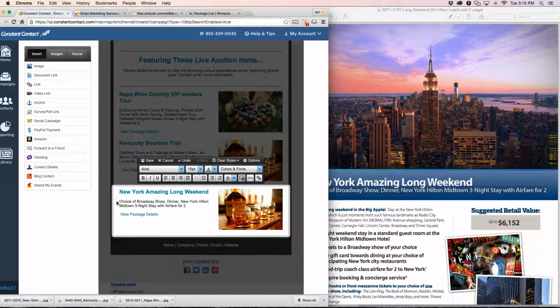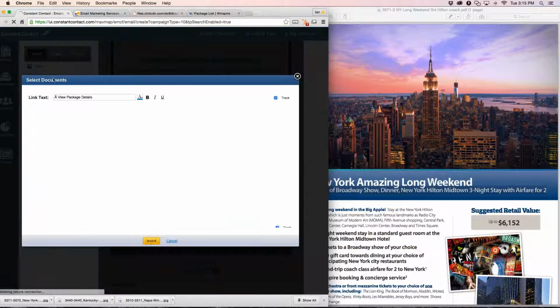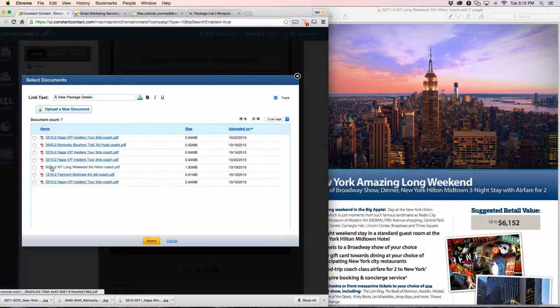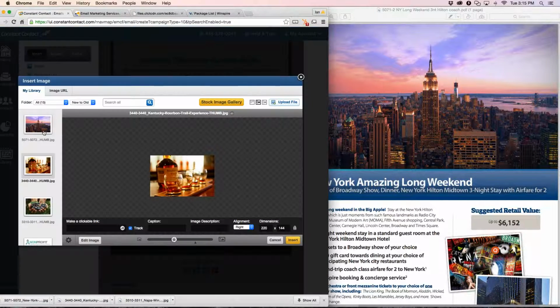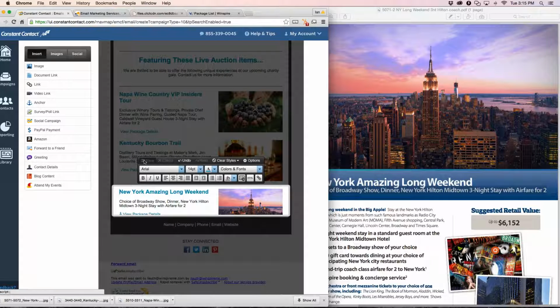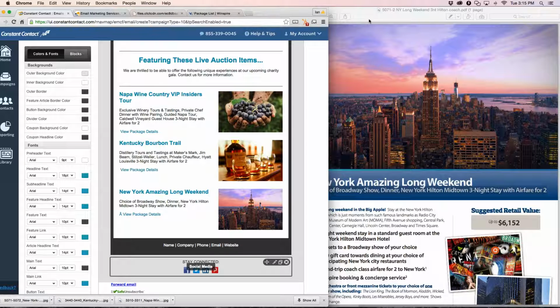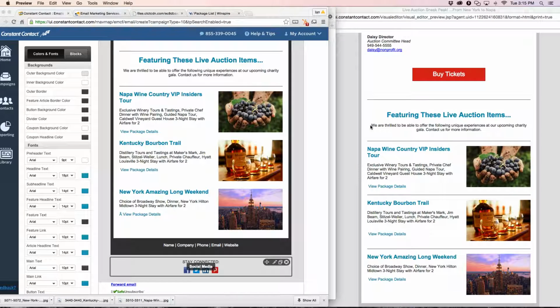paste, hit back one. For the view package details, I'm going to select that, go to document link, and I think I already, yep, there it is, New York long weekend. Already uploaded it once, no need to upload it again. And for the image, I'm going to go to the gear, hit change, select the thumbnail, click insert, and then hit save. And ladies and gentlemen, we are almost done. Look at that. Just a few minor details that can add a lot and basically add clarity to the email